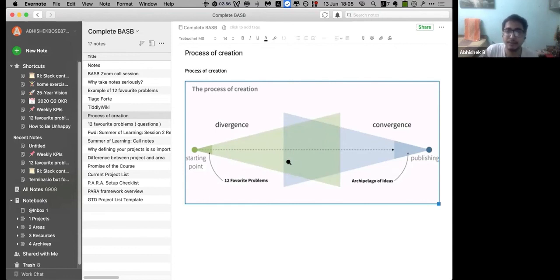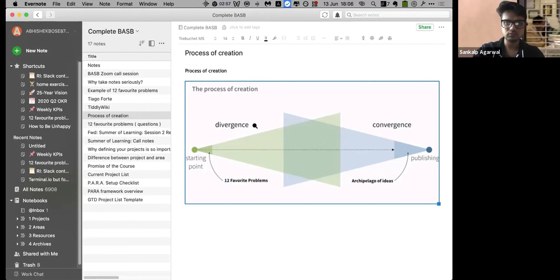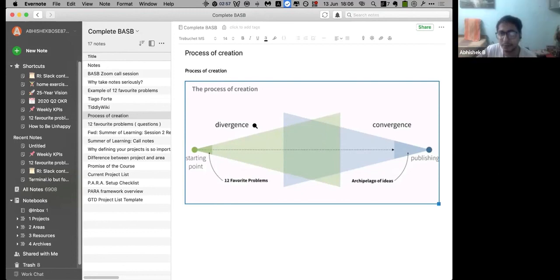That's how I think we have to measure our productivity as knowledge workers. Nobody is going to ask how many hours you spent. I think everybody is going to look at what the output was. And projects allow you to have the confidence that you're actually making progress. And yeah.